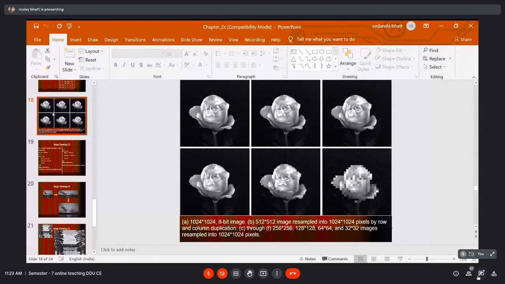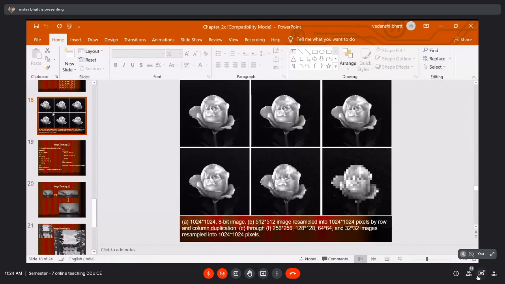Now let us talk about the top row last image. It is obtained from 256x256. The original image is of size 256x256 and it is converted to 1024x1024. Still you find it is not as good as the original one. You can see the minor difference, but it is acceptable.